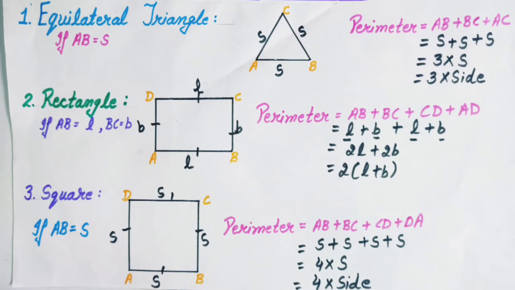As I told, the square property is that all sides are equal to each other. So if I have taken AB as S, all the sides will be denoted by S only. Again we will use the same formula. Perimeter is equal to the sum of the lengths of all its sides. So let's plus all the sides. S plus S plus S plus S, as S is here 4 times, so we will write 4 multiply S. S I have considered as a side, so the general formula of the square will be 4 multiply side. Clear everyone?